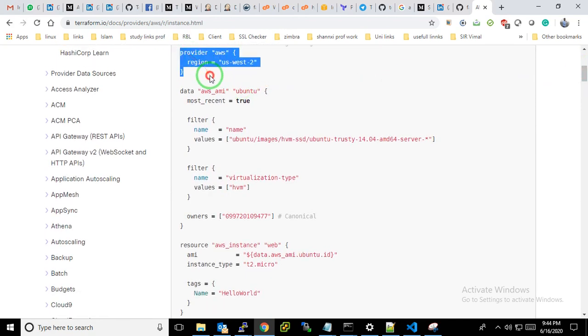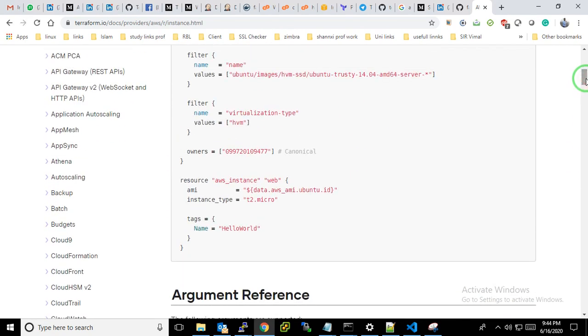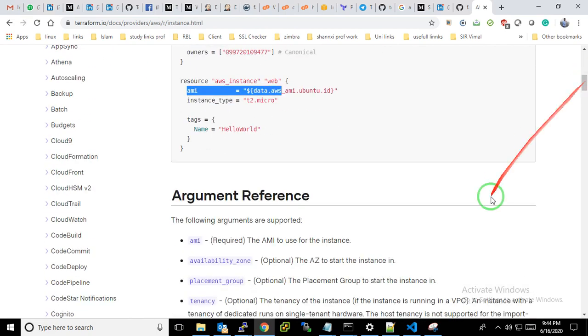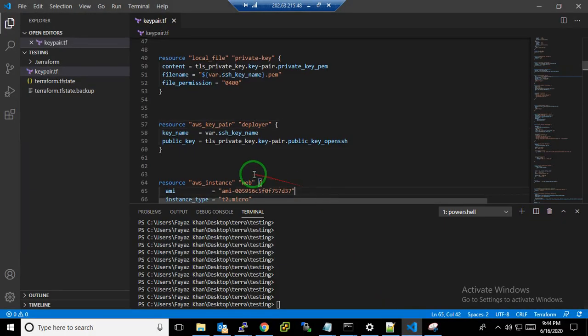The provider is the same, so I am just copying it over there, and you can see my code. Here I put the resources of image and so many things. The instance type is T2 micro, which I showed you when I started this video.